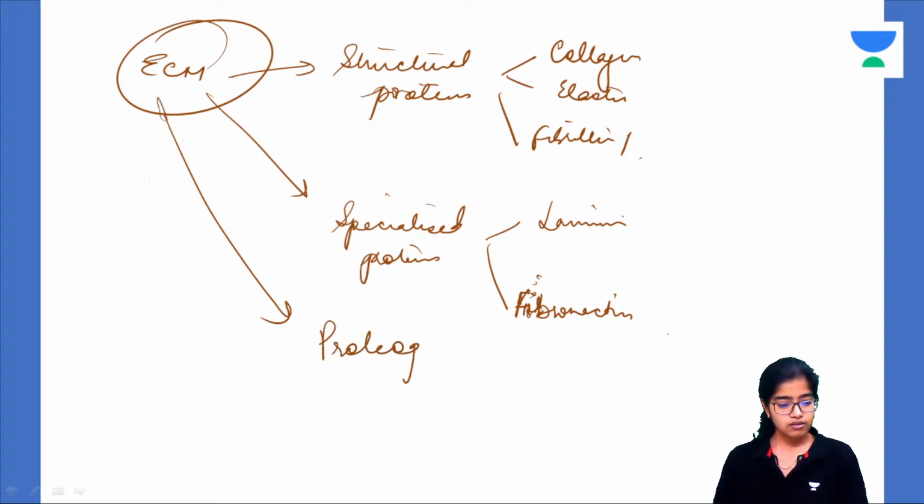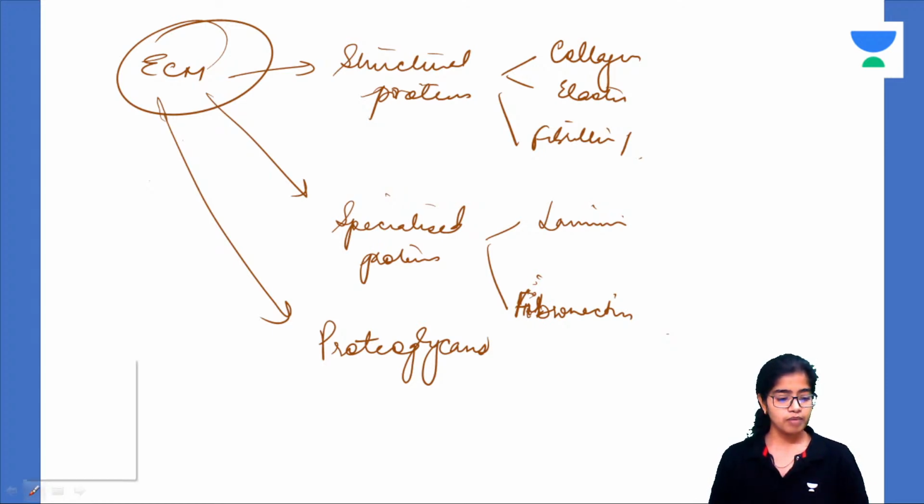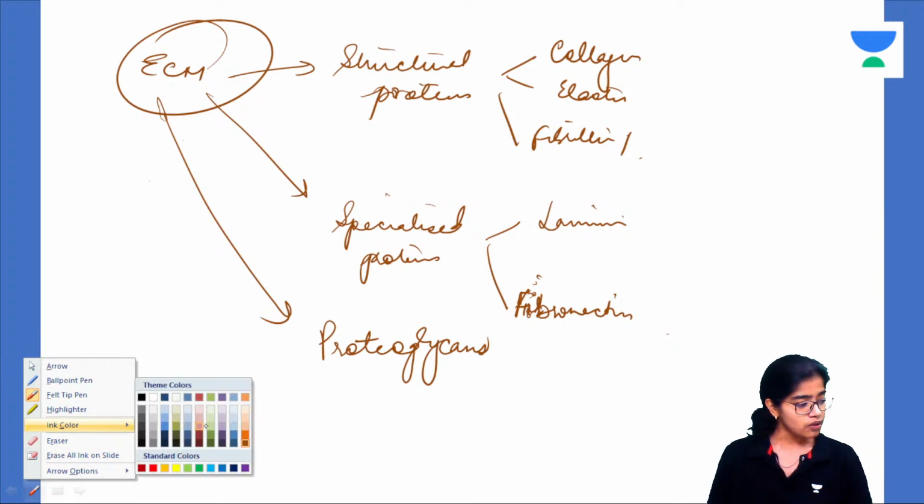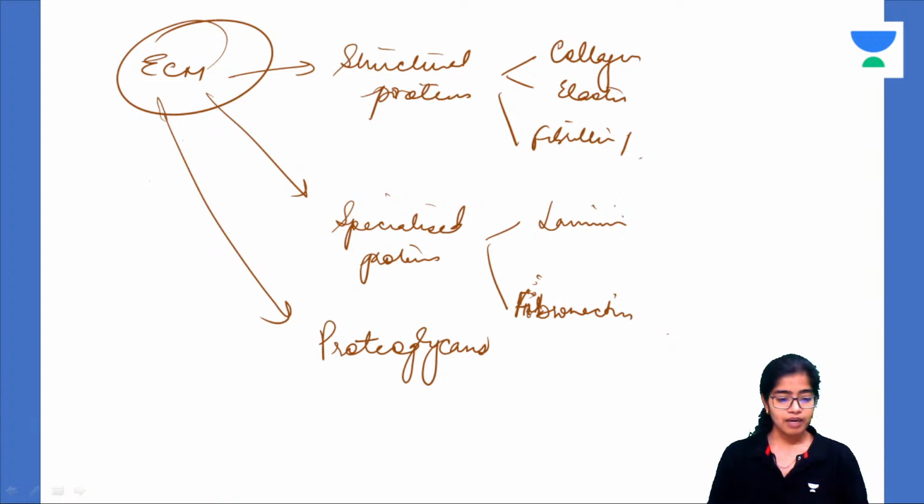And proteoglycans. So this is the composition of extracellular matrix. Now I am going to bring your attention towards laminin. Why? Because laminin forms the basal lamina. Okay. Now since laminin forms a part of the basal lamina or the basement membrane,